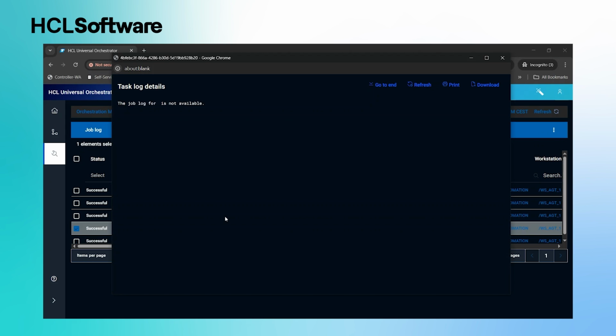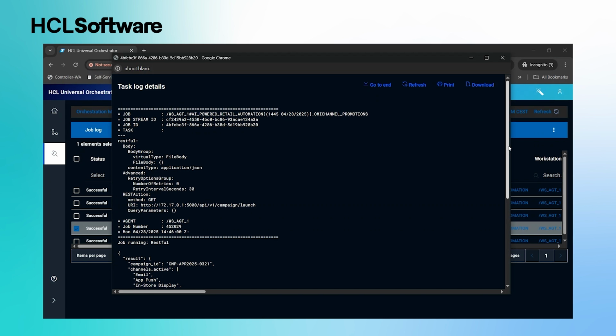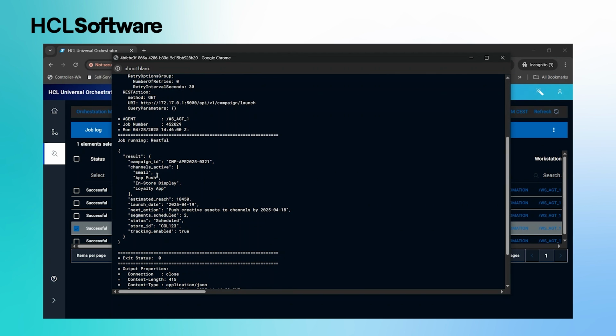Finally, we are calling a marketing automation product like Unica, wherein these are the specific active channels currently: email, app push, in store display, and loyalty app. The estimated reach is around 18,450 people. Launch date is 19th April. So the next action is to push the creative assets to the channels by 18th April. The segments scheduled is around 2. The status in this case is scheduled from the marketing automation product, and the tracking is also enabled